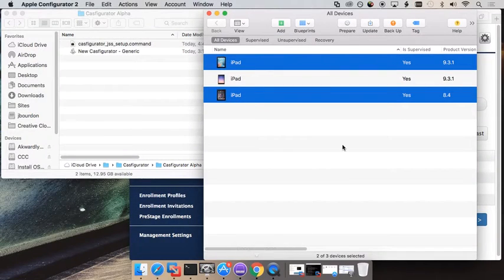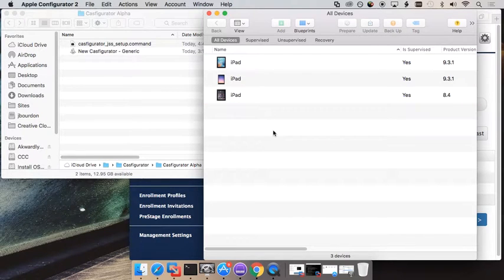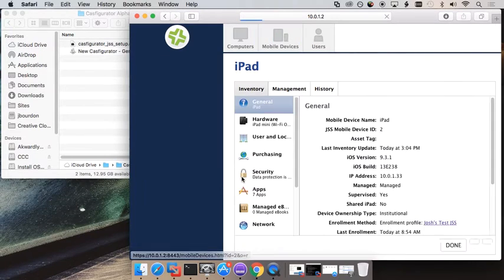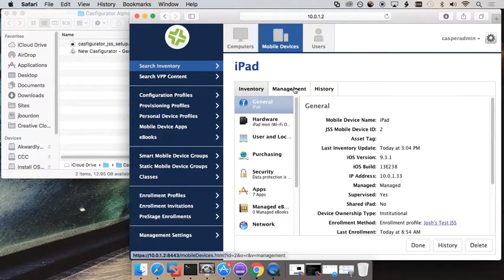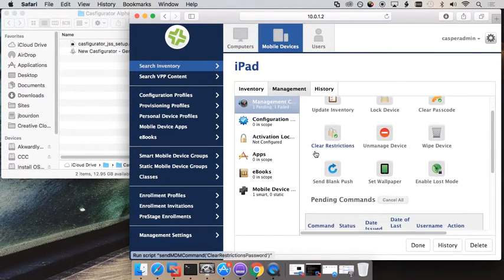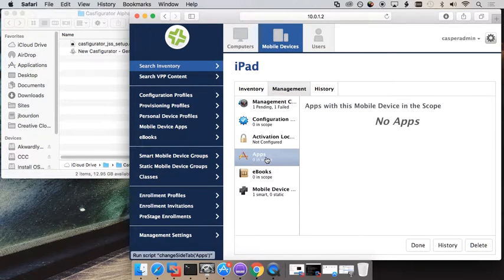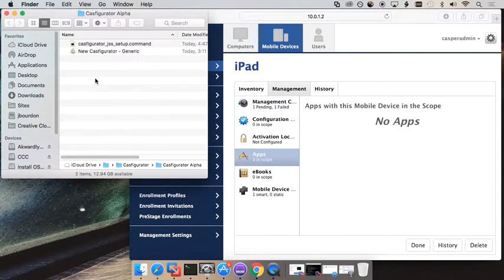I have 3 newly enrolled supervised iPads in my JSS. They're all connected to my computer via Configurator 2. Right now they're all named iPad, which is not the most unique name, and as you can see on the JSS, in the Management tab of that device record, they have no apps scoped to them at all. So if we head over to our Casfigurator iPad setup script, we can get these renamed and into the desired